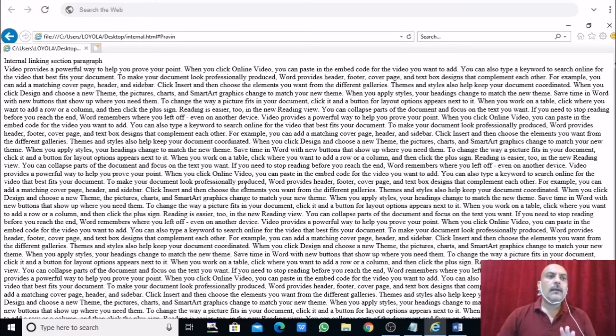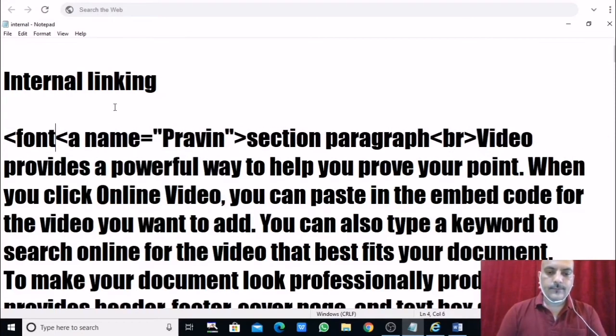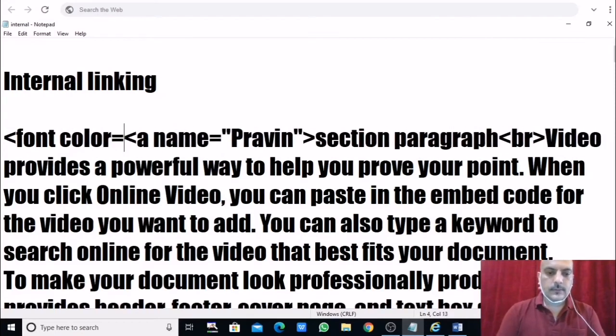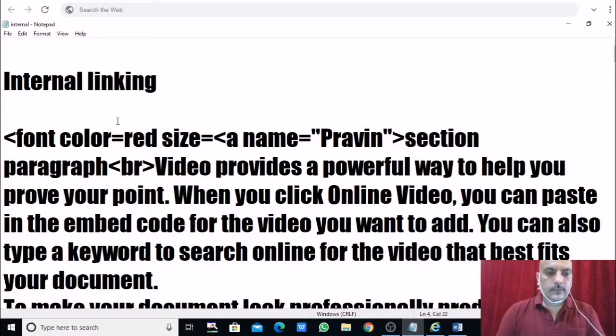Yes, this is right. Again I am changing the color of the section name. Here the name Praveen, and before this just give it a specific color. Font color is equal to red, size is equal to 6.